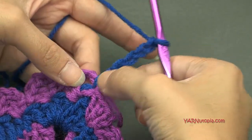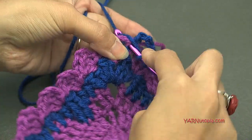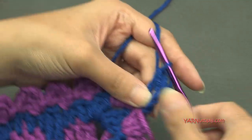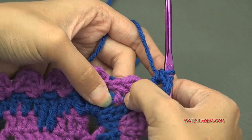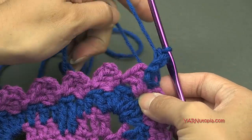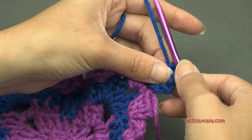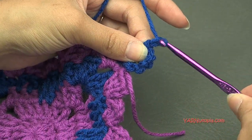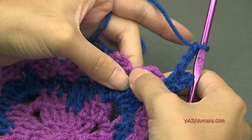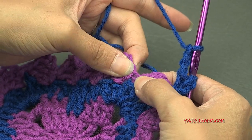And we're going to double crochet into the same stitch. So yarn over, go back down in there, yarn over, pull through, yarn over, pull through 2, yarn over, pull through 2. Okay, just like that. Kind of move these over so it looks like a cluster. There we go. So there's our corner. Now we're going to chain 3, so yarn over, pull through, 1, 2, and 3. We're going to skip over this cluster here,